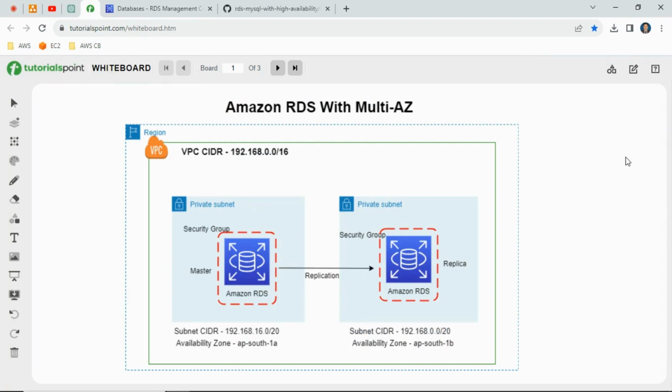Today's session we will see how to write the CDK code to create the Amazon RDS MySQL Aurora database with failover, basically multi-AZ. To make the failover purpose, we should enable the multi-AZ option. So we will definitely see the CDK code, how to write the CDK code to create RDS with